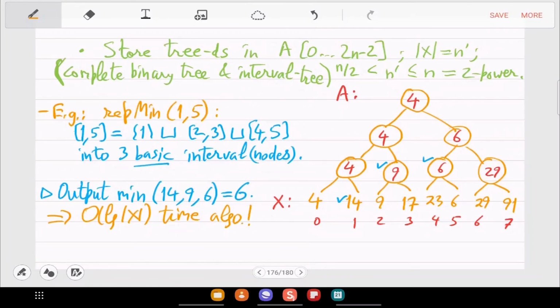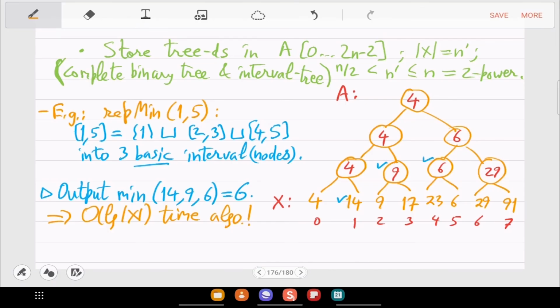Okay, so this is where the log of n will come from. So how will this work? I will not give the pseudocode, but how will you find these three intervals?